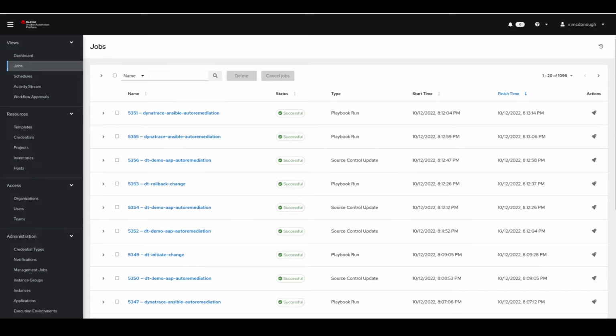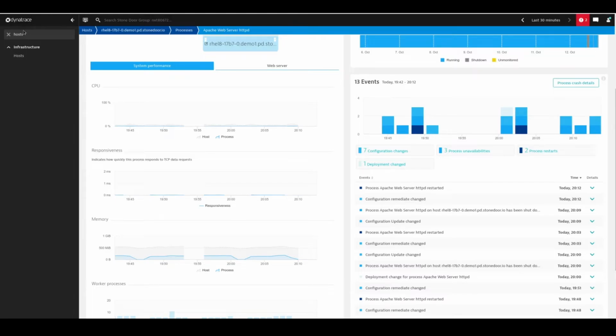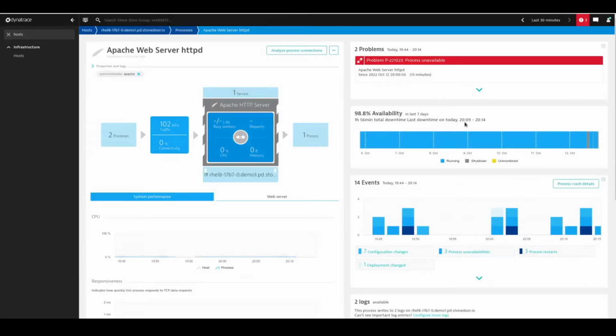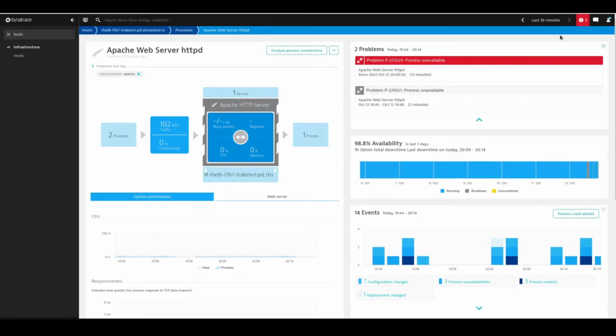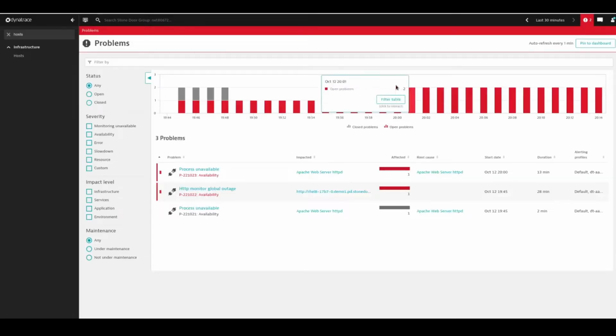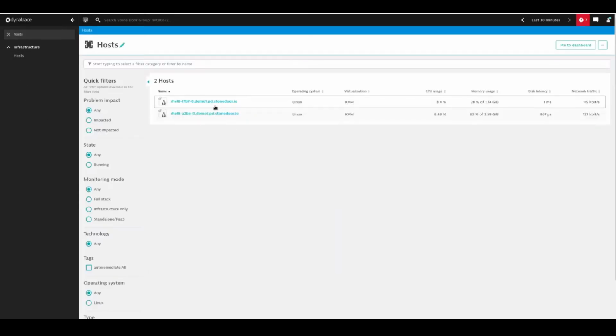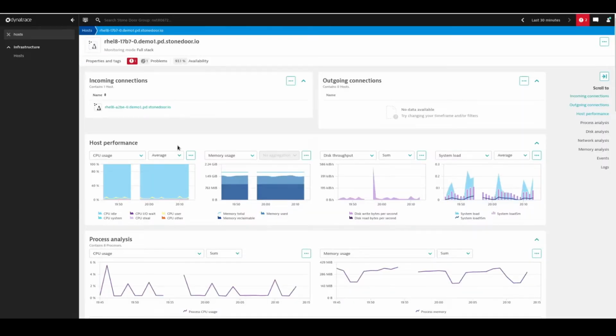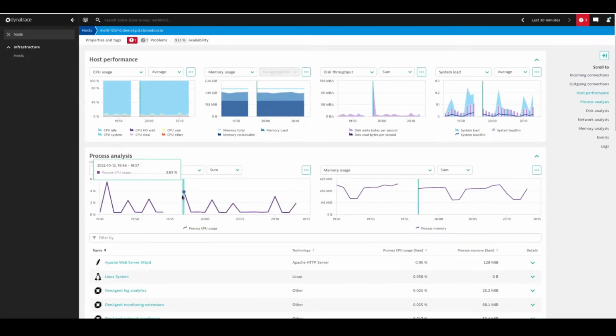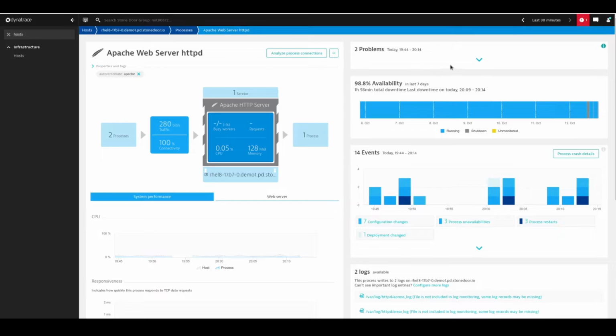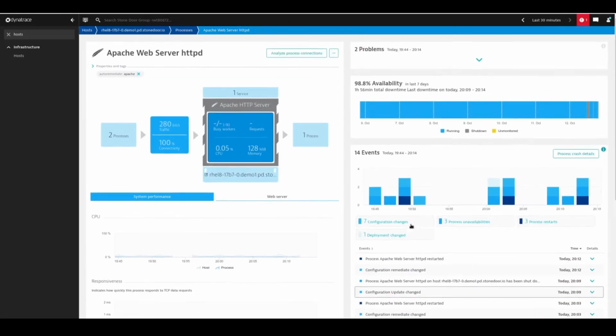configuration. So if we come back to our web server, click, and refresh our Dynatrace console again, we'll see that this problem, we can do a couple of things here. We can acknowledge the problem, take a look at it, process availability, and deep dive into our problems here, a particular service outage, or we can let that time out, and eventually that'll roll off the list of active problems here. Notice now the problem's gone, everything's blue, and if we look at our events, showing clean on the event side